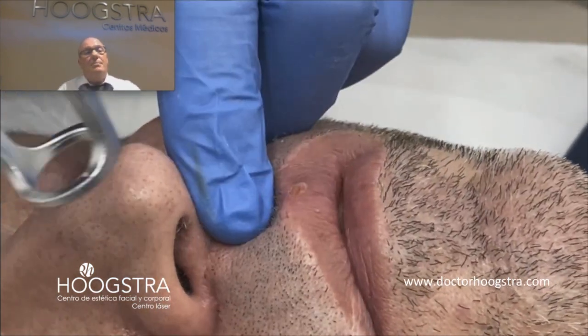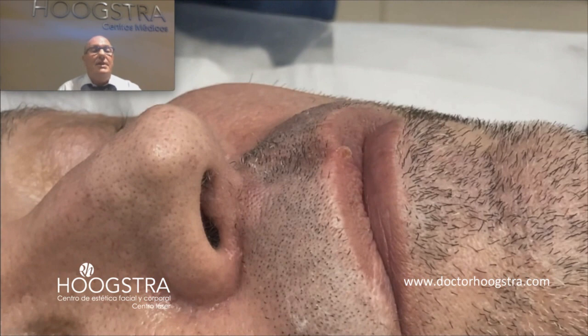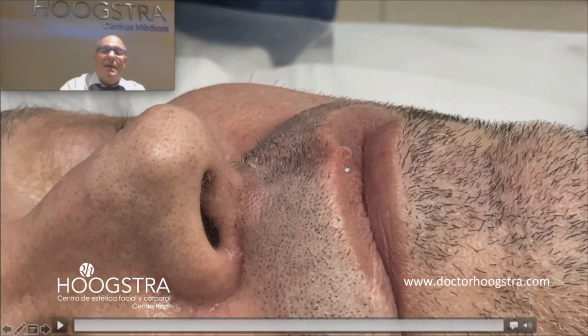This procedure I perform without anesthesia because of the high speed of the light of the laser, and it's not painful because the light of the laser is so fast that it produces superficial ablation without diffusion of the thermal energy or the heat. And here I perform this treatment with a zoom piece, and in the rest of the scar